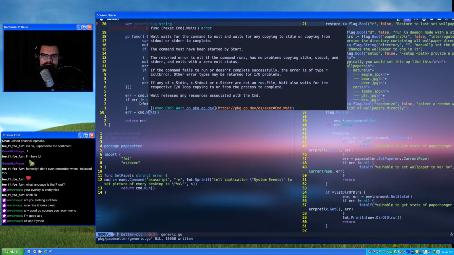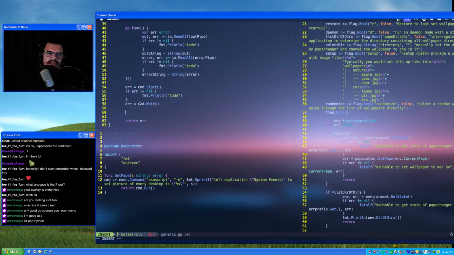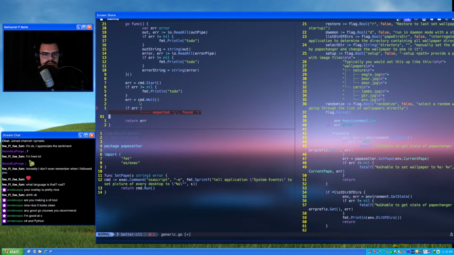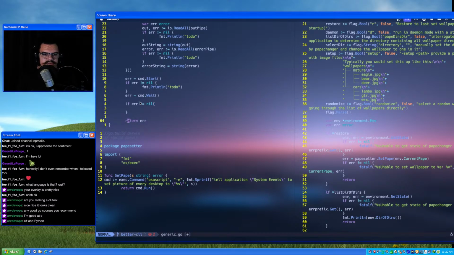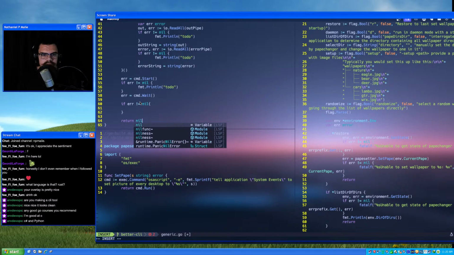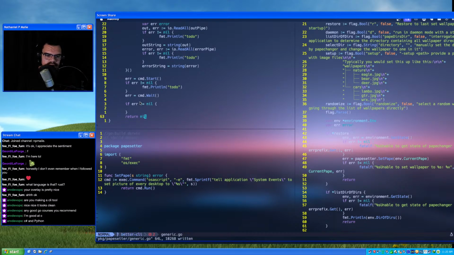So then this one will actually be kind of a hassle. So if err is not equal to nil, what we're going to do is return a bunch of nonsense so that the user can do stuff with it.